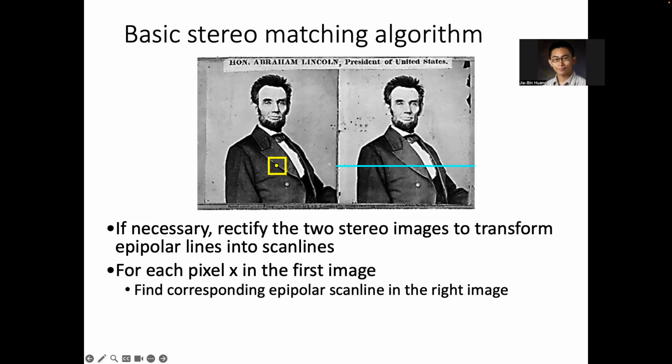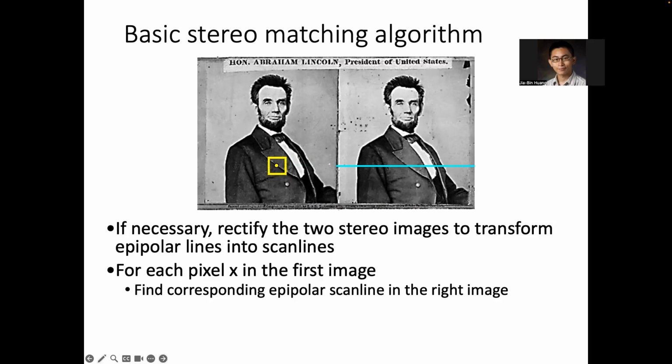What we do is go to the other image, read the patch coordinates of the left image, that's the yellow box, and say the y coordinate is maybe 250. Then you draw a line on the right image at position 250,